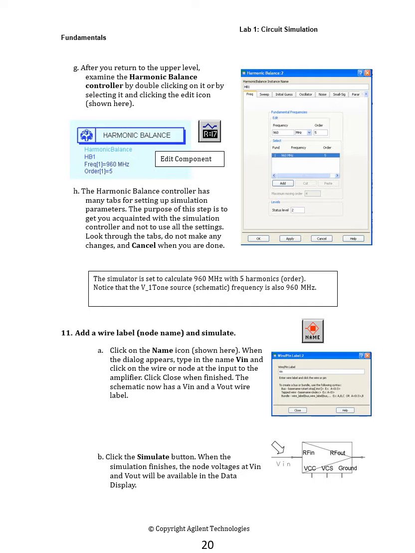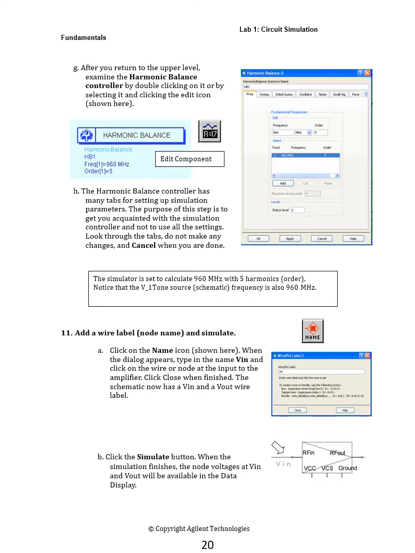Harmonic balance controller. Check the harmonic balance controller: the frequency is 960 megahertz and order 1 is equal to 5. The simulator is set to calculate 960 megahertz with 5 harmonics order, and follow all the instructions carefully before examining the experiment.